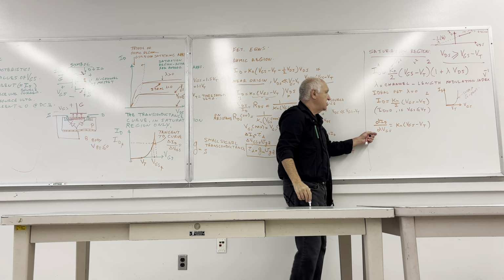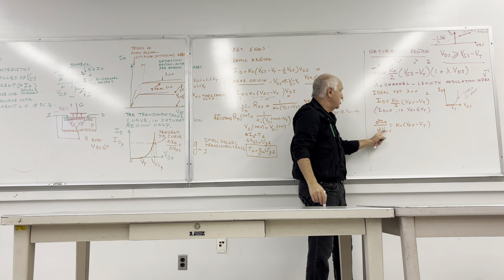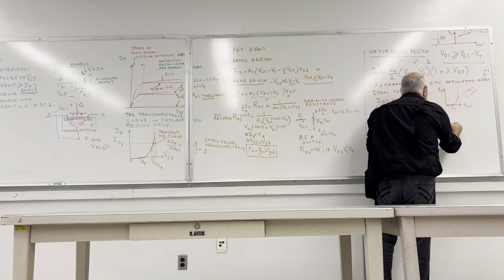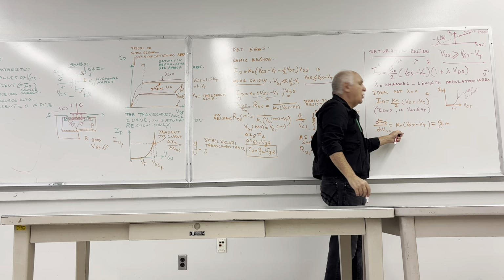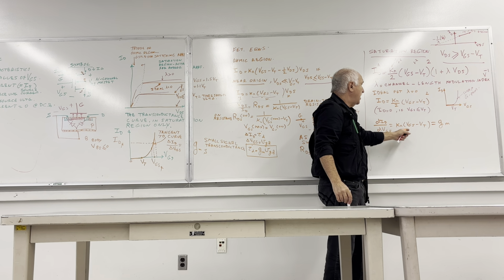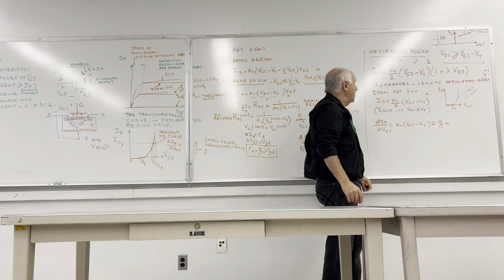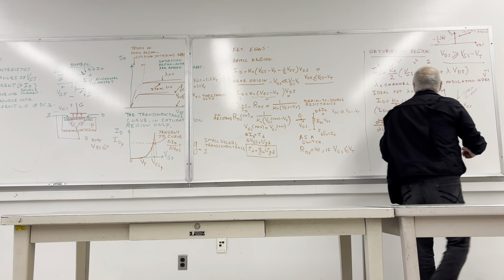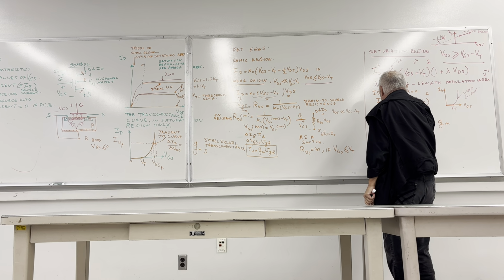This quantity, the small change in ID due to a small change in the gate to source voltage, is called GM, the transconductance of the transistor. So this is one formula that allows you to calculate GM. From the knowledge of the VGS, you can determine GM. Or an alternative one: if you eliminate VGS between this line and that line, you will get GM